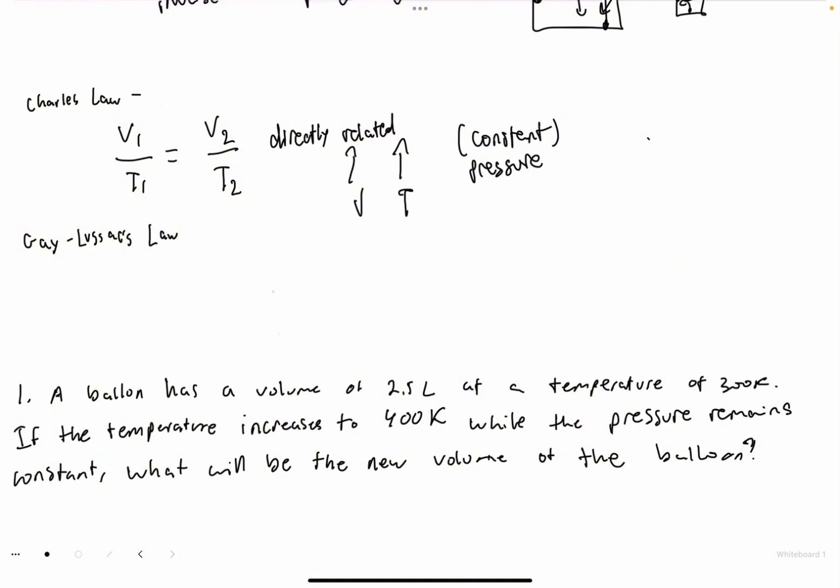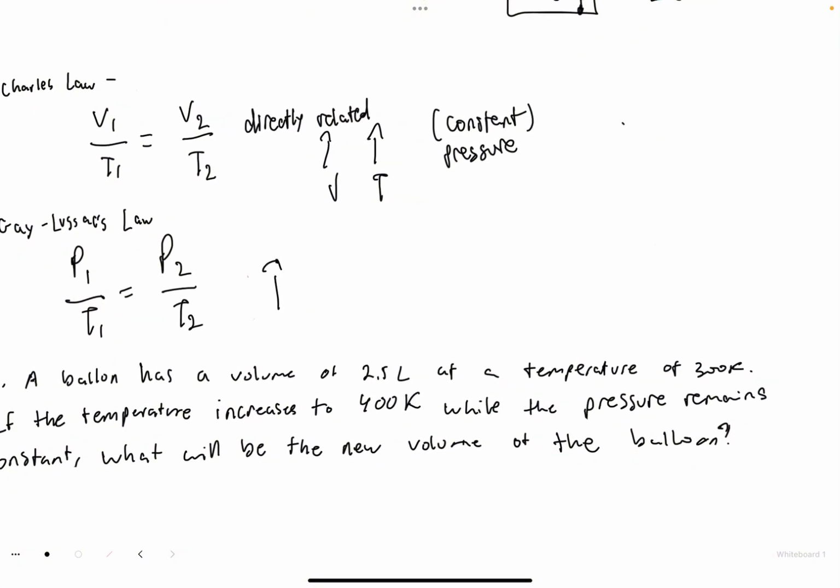So if you have a different pressure, as we will see in Gay-Lussac's law, it's not going to work out. So in Gay-Lussac's law, we have P1 over T1 equals P2 over T2. And so these two are, again, directly proportional to each other. I'm not going to write it down, but